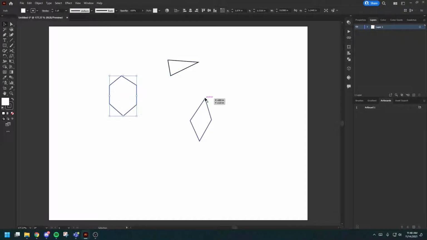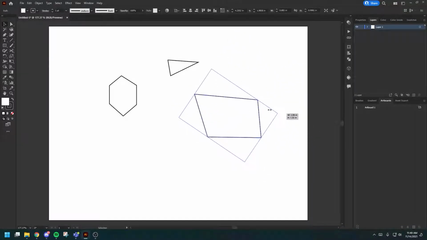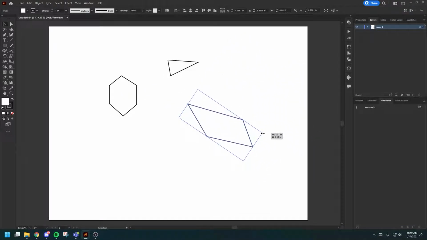If I click even an anchor point on an object, the whole object is selected. I can move it at will, rotate it at will, and change the scale and the proportions of its width and height at will. A couple things to note